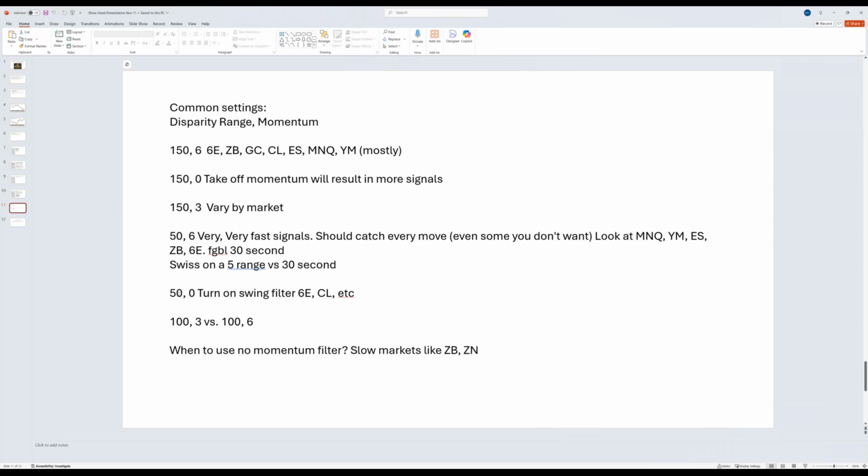And then the lowest with, say, 0 momentum, and then we'll talk about the swing filter, and compare like 100 disparity range and 3 momentum versus 106. Okay, and momentum filters. All right, so let's just go to the charts here. It's really quick here. So this is